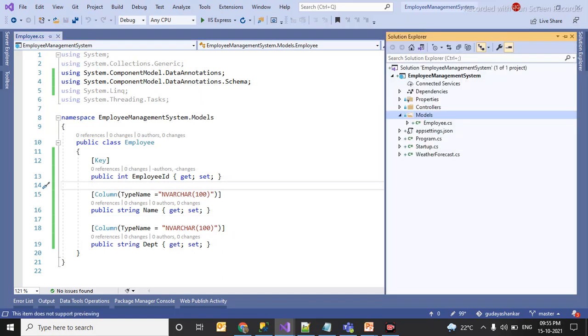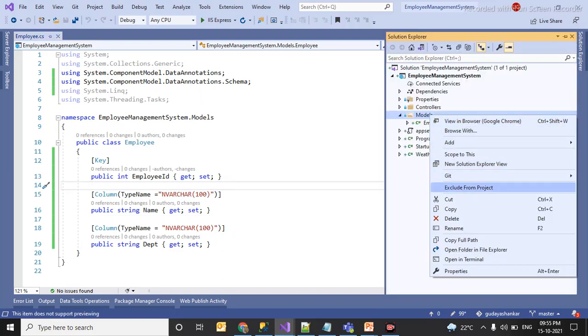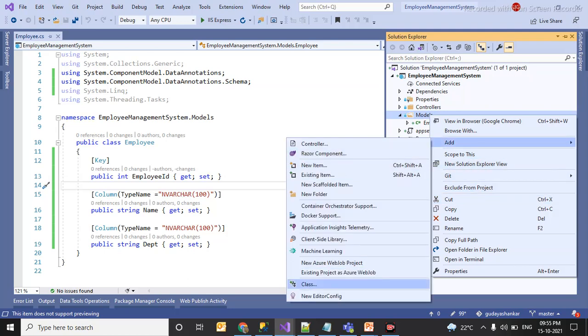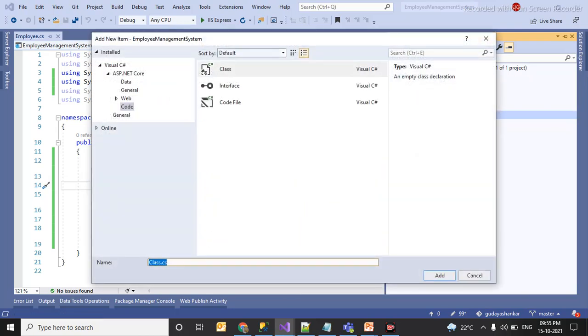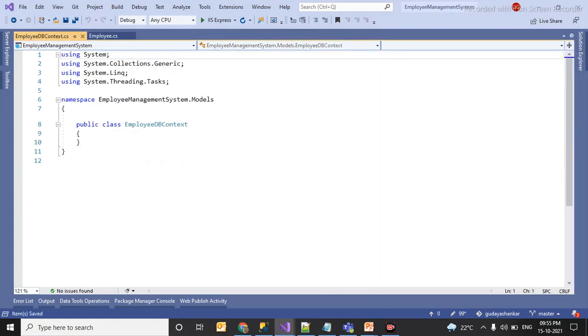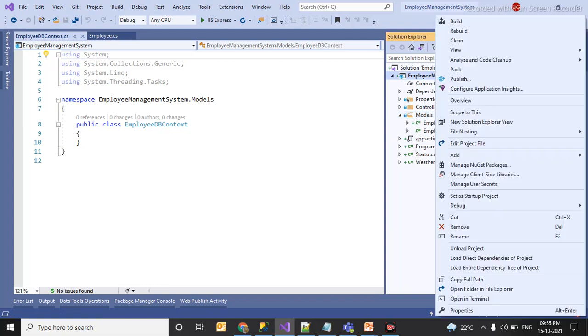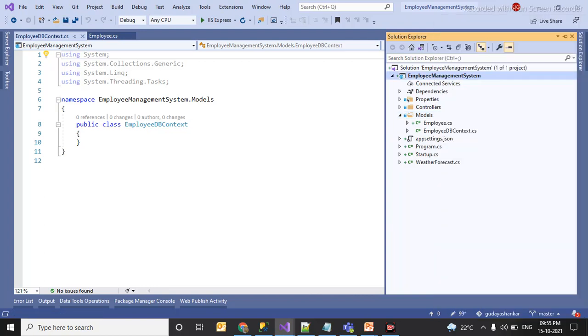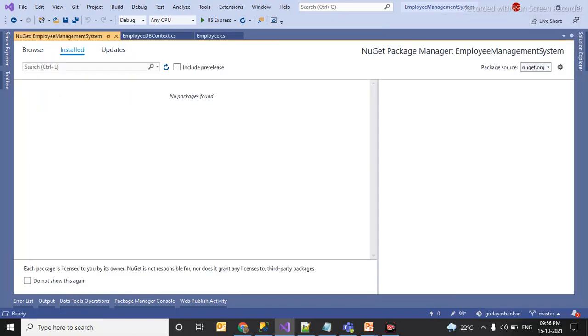Let us create one more class, which is my DB context class. Let me name it employee DB context. Here we have to write our DB logic. So let me add the NuGet packages which are required to connect to the database.